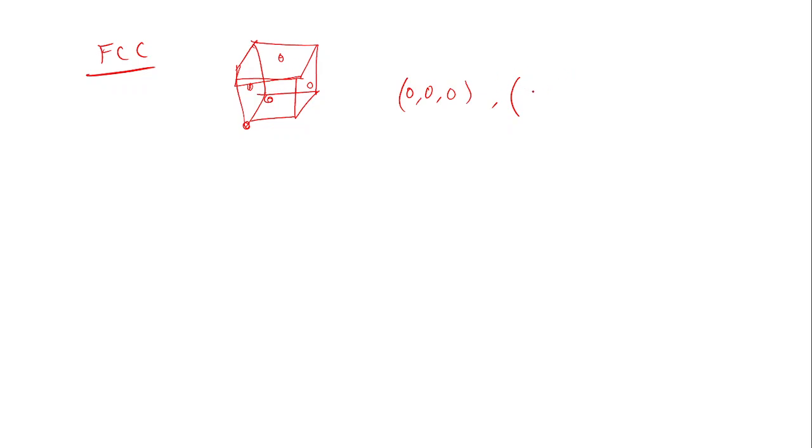So I'll take the position from the origin, it will be half this side, half this side. So half, half, 0. The second one will be half, 0, half. Similarly I'll write for all the atoms, and then when I put that in the structure factor, I'll get some rule, and that rule for FCC I'll tell you is that